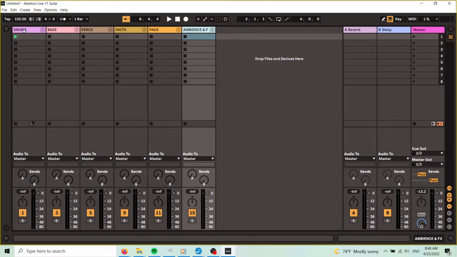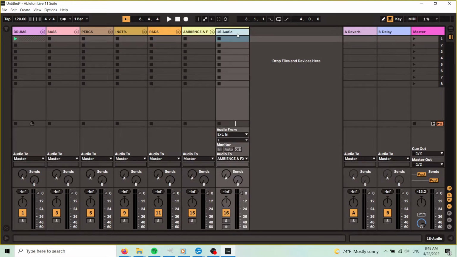So let's see how much we have. 1, 2, 3, 4, 5, 6. Yeah, I think that is a good starting point for now. So let's keep adding elements. And here we're going to go maybe, you know,